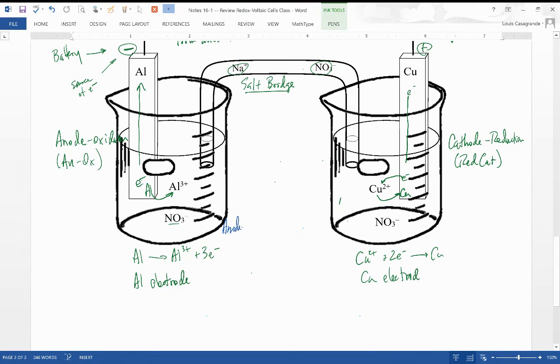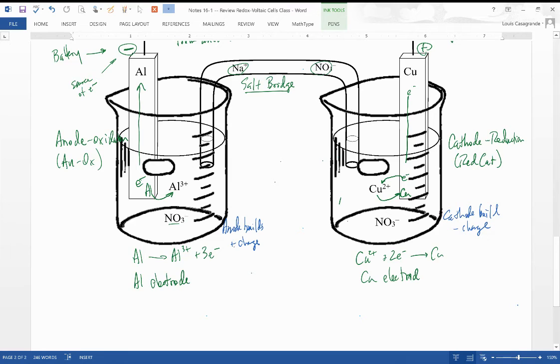The cathode, gaining the electrons, is going to build negative charge. And when that happens, what ends up happening at first is the electrons can no longer flow, because